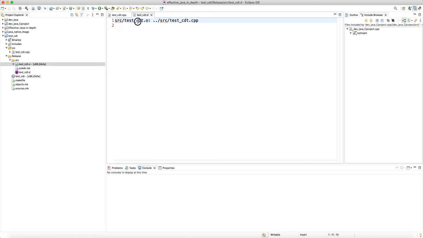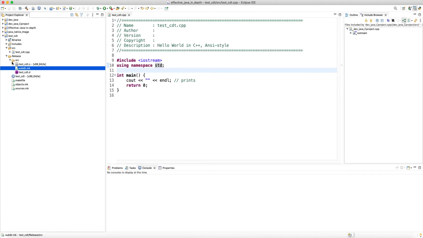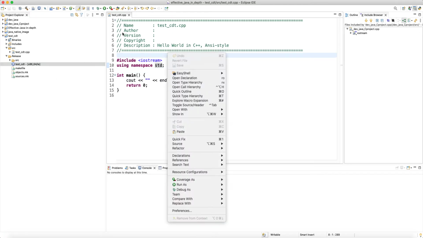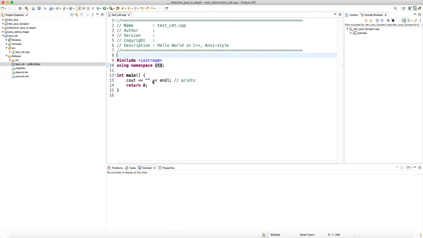So src test .o came from compiling src test cdt.cpp. It tells you which CPP files were compiled to generate this object file. It says that this object file test cdt.o came from compiling this C++ file. So it gives you extra information, and you can just select your source file and hit run, and it automatically